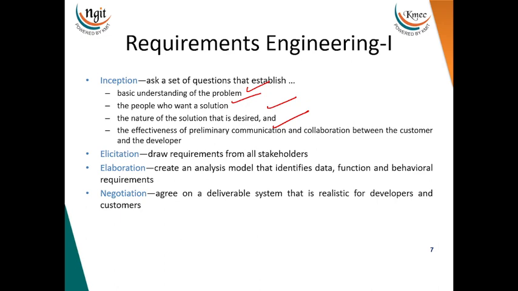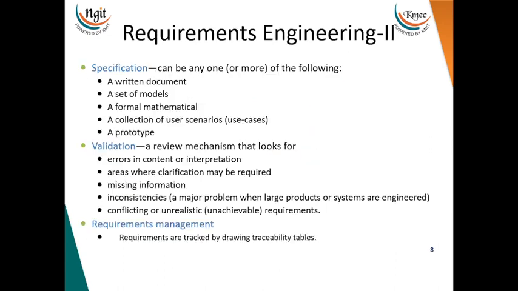Draw the requirements for the stakeholder. Elicitation is nothing but, once you have done this, drawing the requirements for it. Create an analysis model, identifying the data, functions, and everything. In elaboration and negotiation, we agree on when we are going to deliver the project to the customer. Specification can be one or more models. We have a written document, a set of models, formal mathematical models,